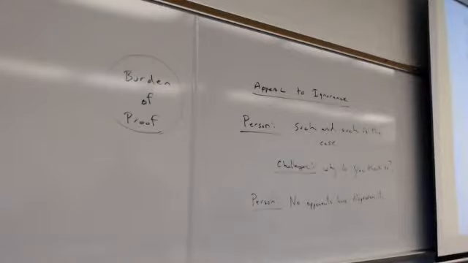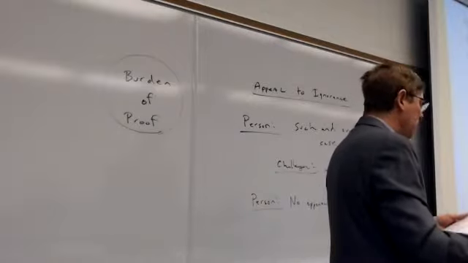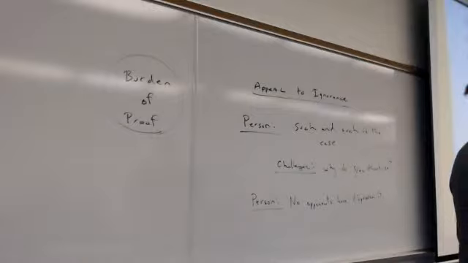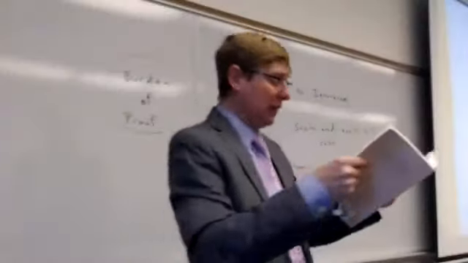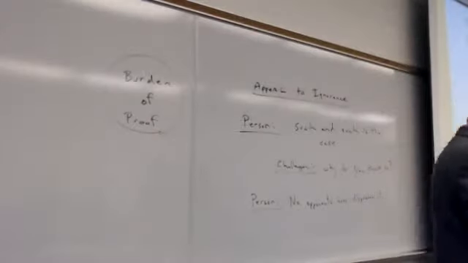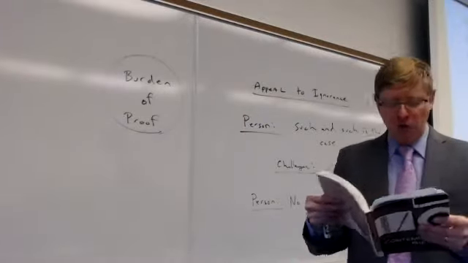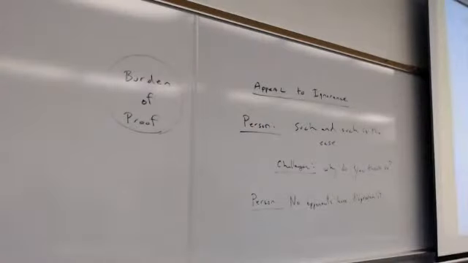Now let me go for an easy textbook example. The textbook has a couple of examples, but one of the practice problems at the end of the chapter, I'll go over it. It's sort of what we would call a paradigm case of appeal to ignorance. It's number 18. I'll read it. Argument heard all too frequently in introductory philosophy class: we're perfectly entitled to believe there is a God. After all, every effort by atheists to prove otherwise has failed.